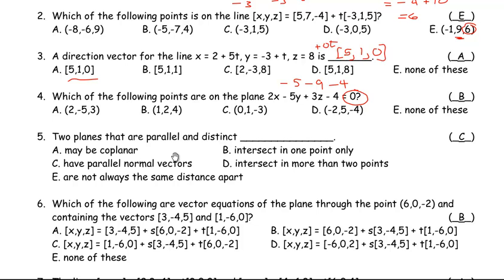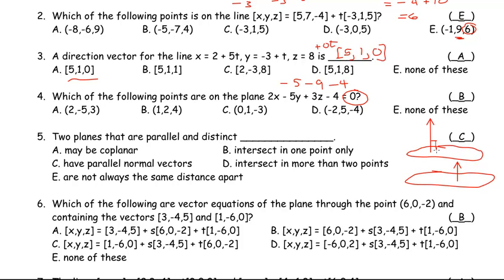Question number 5. Two planes that are parallel and distinct, you're asked to find which of these would describe that best. If they're parallel and distinct, let's say that's one plane, then here's another. Parallel and distinct means they're parallel planes. So if I were to draw normal vectors for them, for example, let's say that's a normal vector for that one, and this is a normal vector for this one,